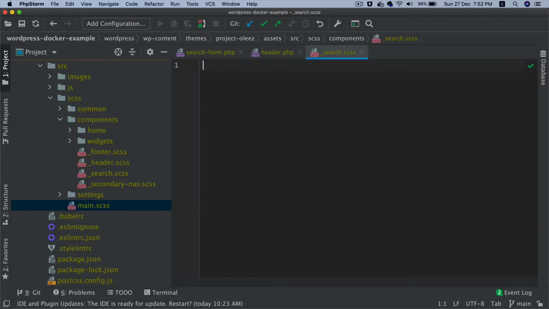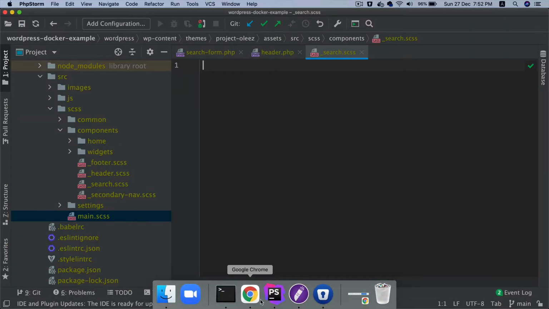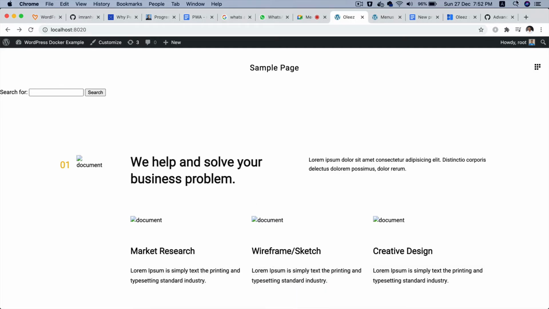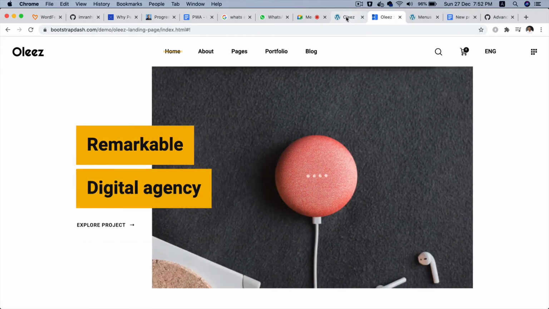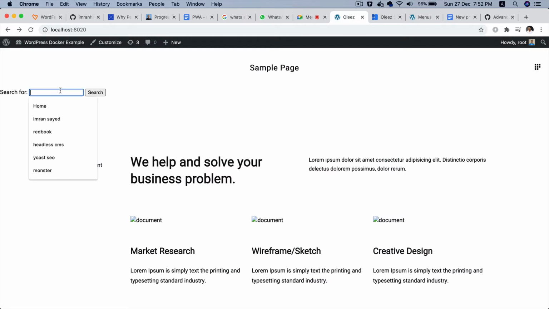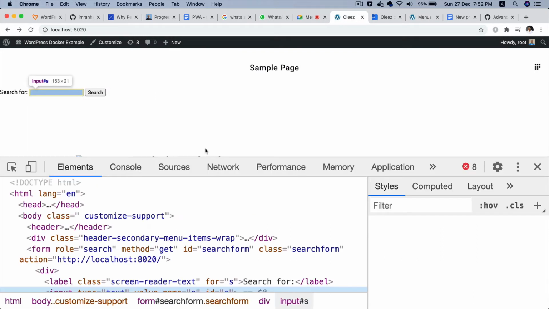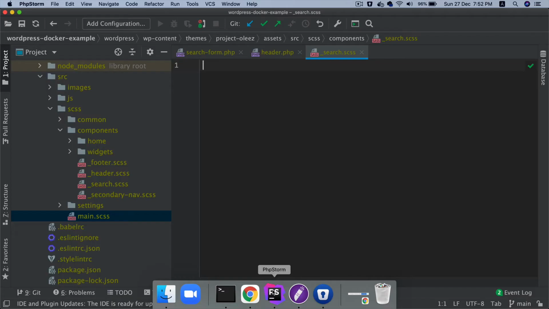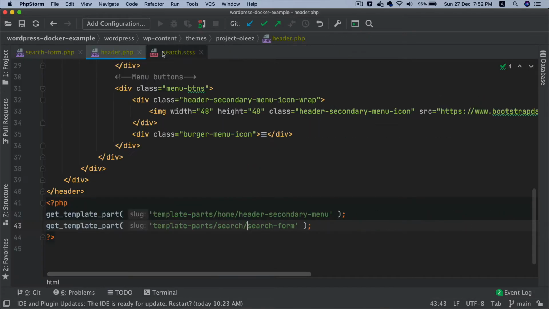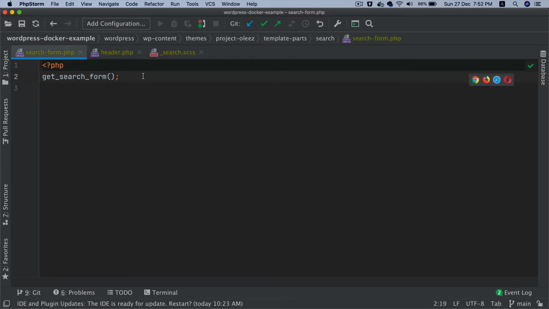That's it. Here's where I can write the styles. So what do I need to do? The best thing I'm going to do is basically just try to style it in the browser itself, right? So let's go here. It's better to wrap this inside of a div so I can style it properly and it doesn't get applied to everything. So what I'm going to do is